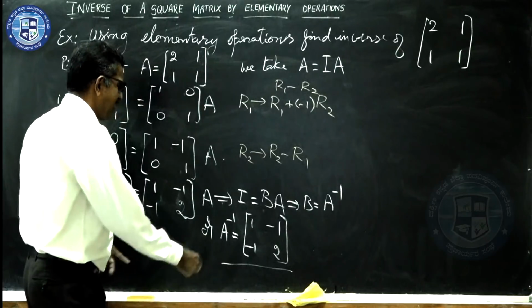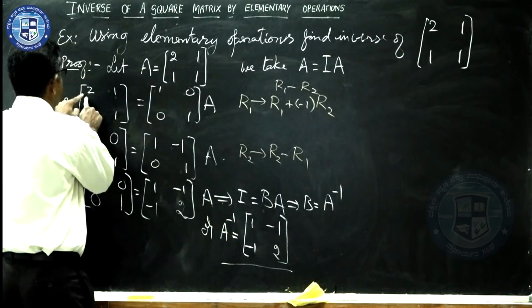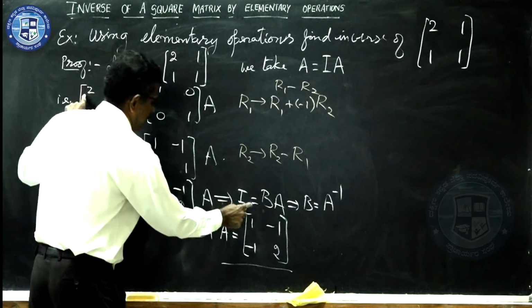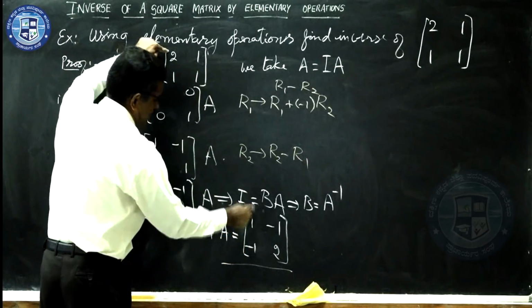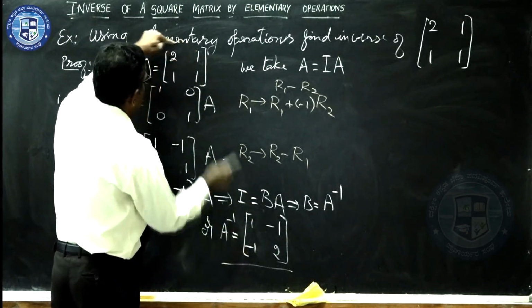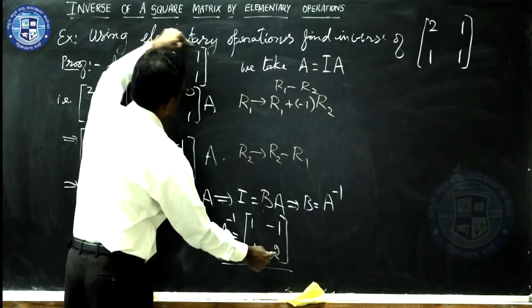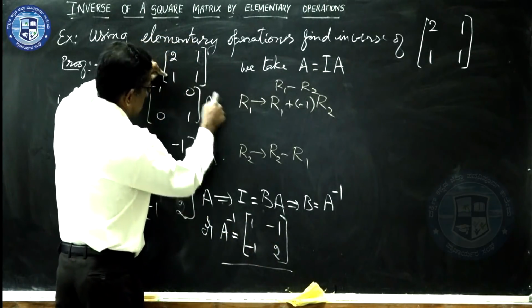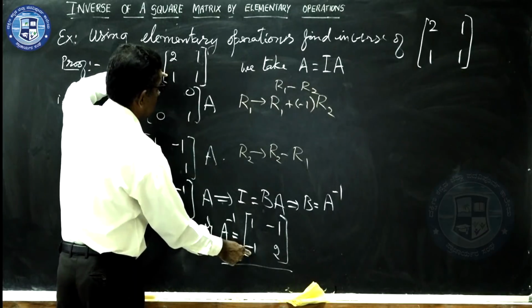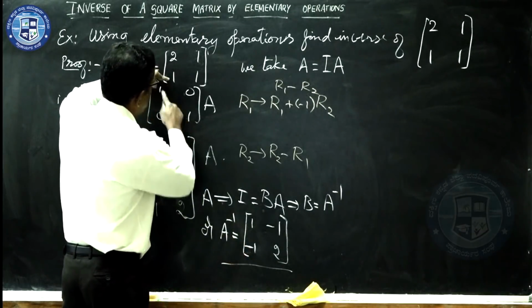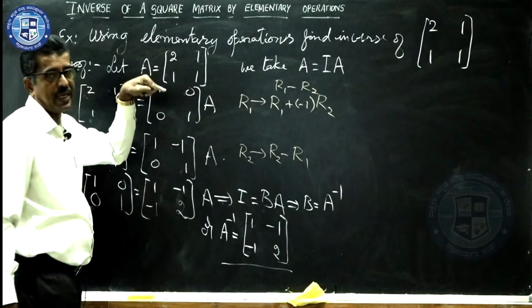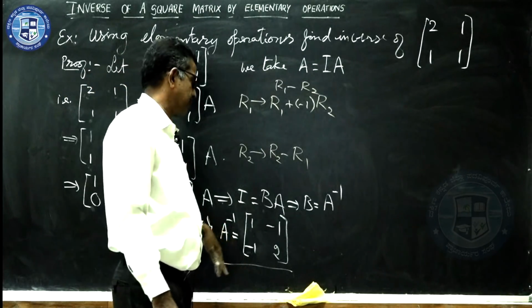You can check whether it's right or wrong. Multiply, just look at this. This is A, so you multiply this with this one. What do you get here? This into this one, it is 2 minus 1, which is 1. What is this into this one? It is minus 2 plus 2, 0. So, what do you expect here? This into this one, minus 1 plus 1 minus 1, it is 0. And what is this into this one? It is 2 minus 1, it is 1, identity matrix.